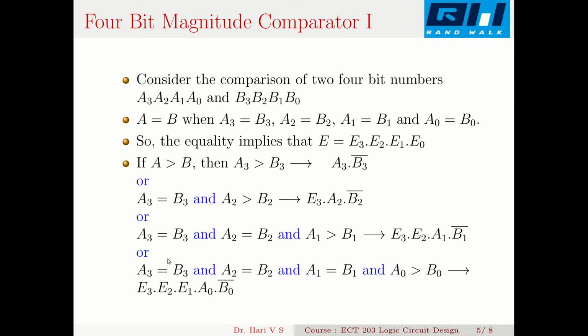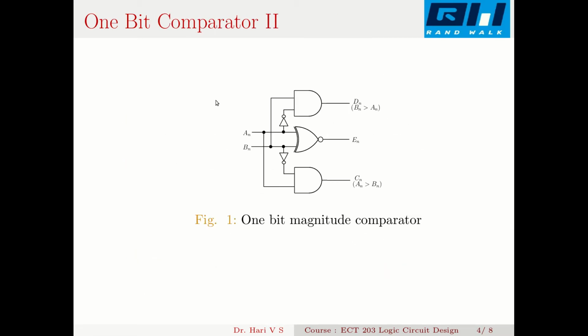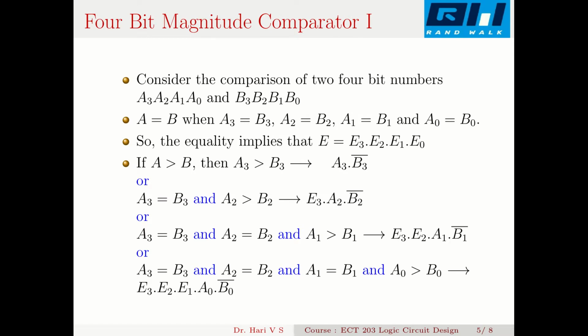Now I have a last possibility: A3 equals B3, A2 equals B2, and A1 equals B1, but A0 is greater than B0. So in that case, the logic function is E3 and E2 and E1 and A0 and B0 complement. Now I can make this last statement into a logic circuit as shown here. So that thing, A greater than B, output C, the final statement,